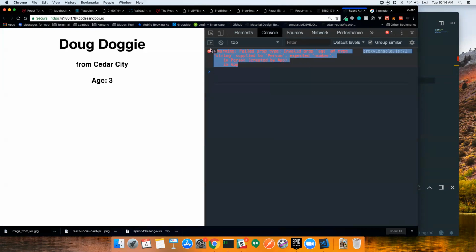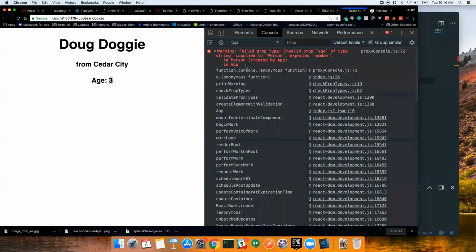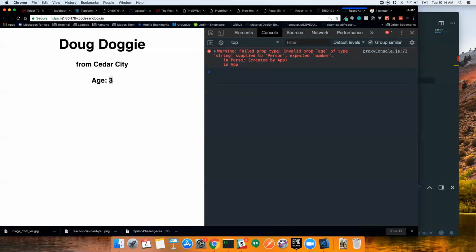So then we get a warning. You'll notice that we're just getting warnings instead of the JavaScript breaking, because the JavaScript is technically okay. Like there's nothing wrong with displaying a string here over a number. Your DOM doesn't care which this comes in as. But we care as developers. So we get a warning from our prop type